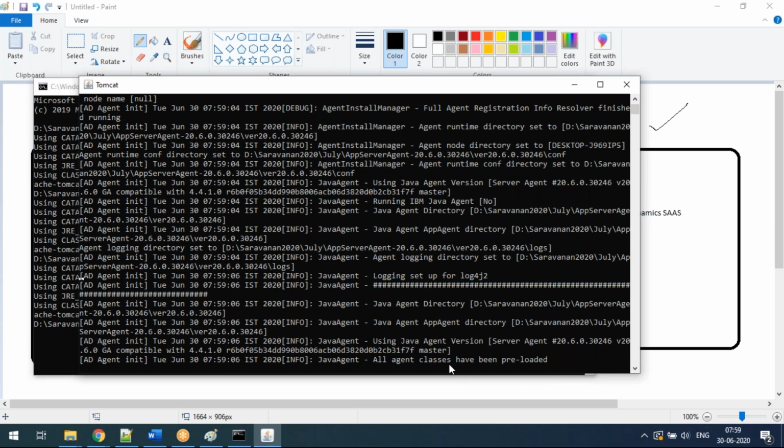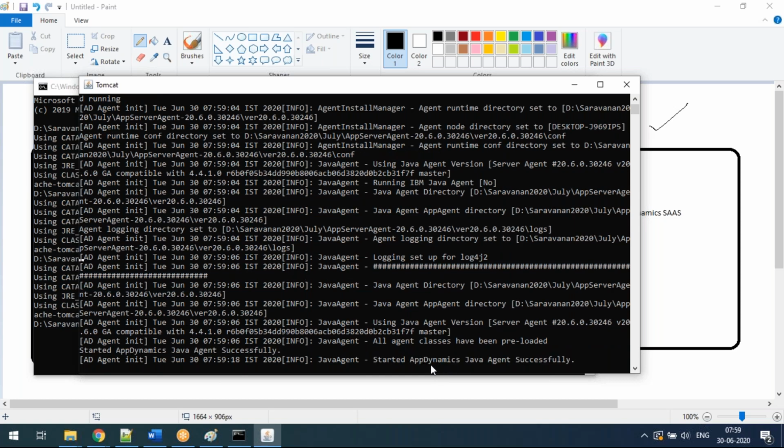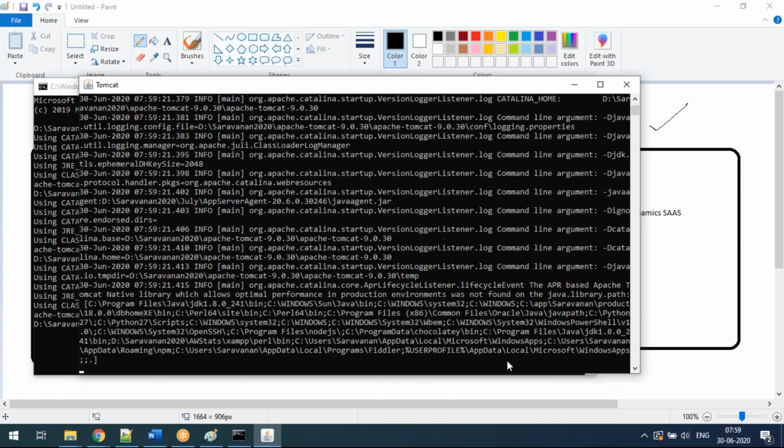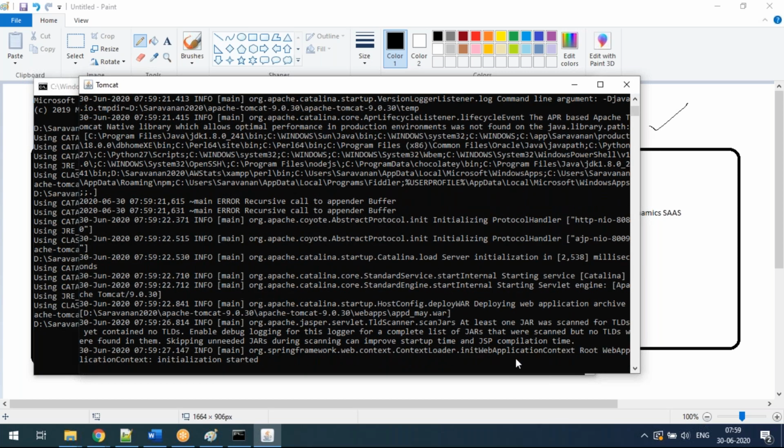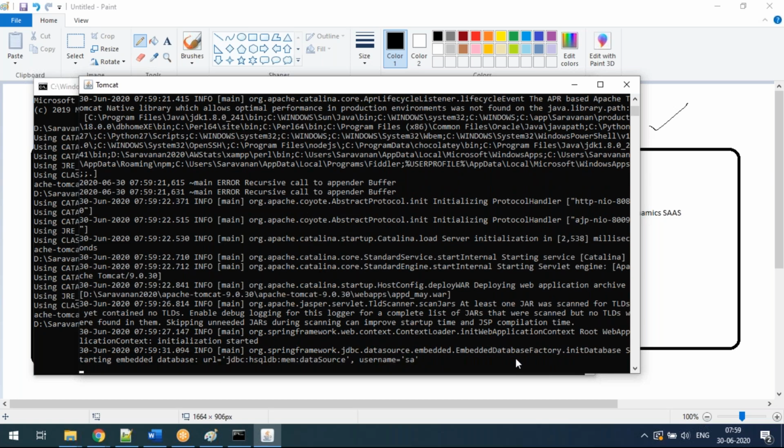Everything should come, guys. If it is coming, you did a proper configuration. If it is not coming, you have to go back and check for the message that the App Dynamics Java agent started successfully. If you properly give this URL in the Catalina file and then restart, your connection will be established properly.